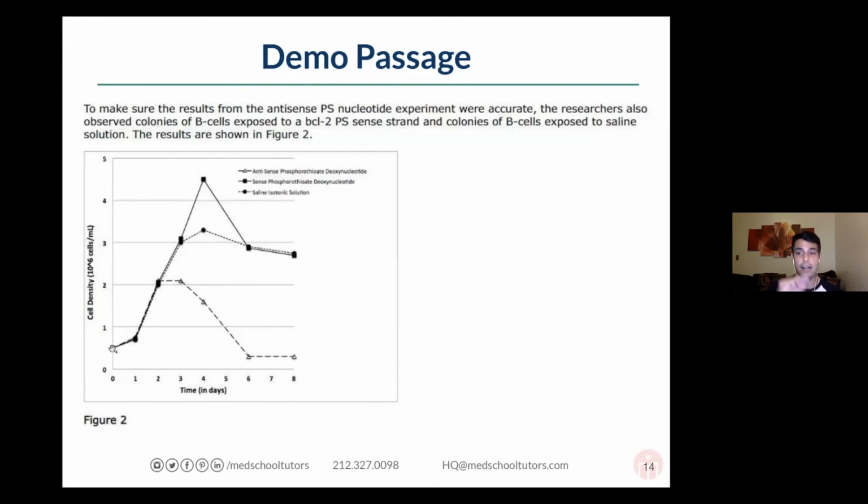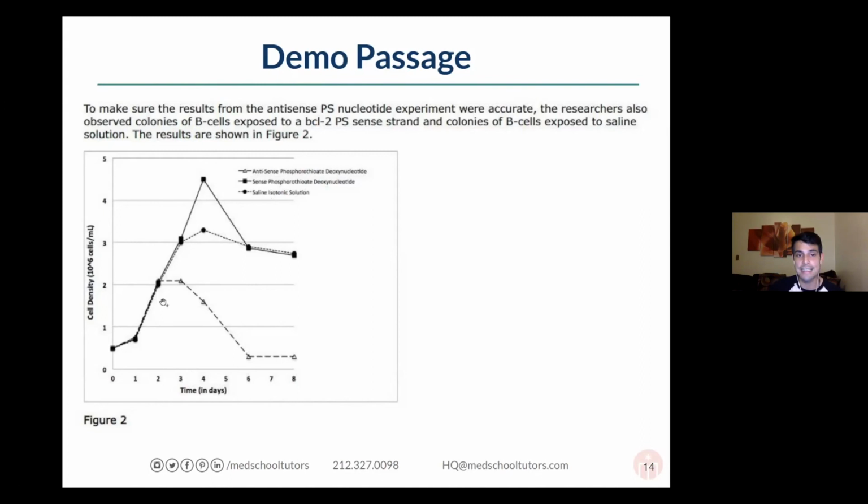Let's do one at a time. This is the pattern part of the TAP method. I like to start with the controls always. The control here is just the reference group. We see cell density increases between 0 and 4 days, goes up, and then gradually goes down afterwards. That's when we don't do anything to the cells.